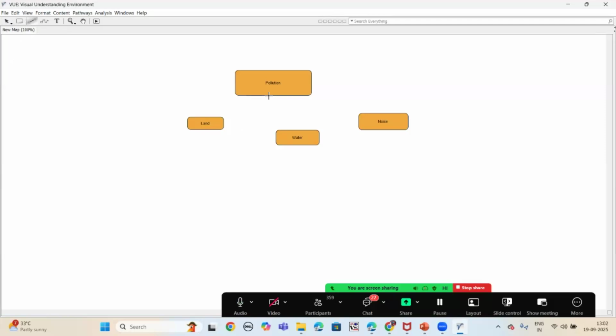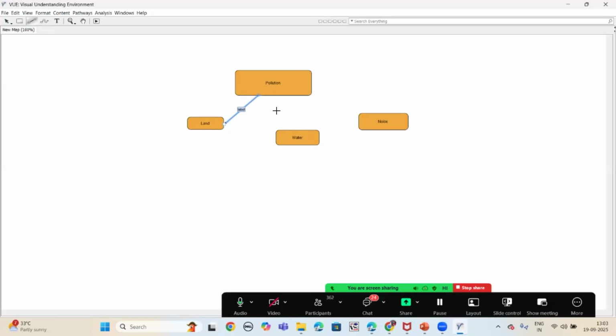I want to connect the main node, that of pollution, to the sub nodes. So I bring my cursor here and drag it. Now you can see it is not working properly because I have not placed my cursor appropriately on the map area. Now you can see the line is expanding.